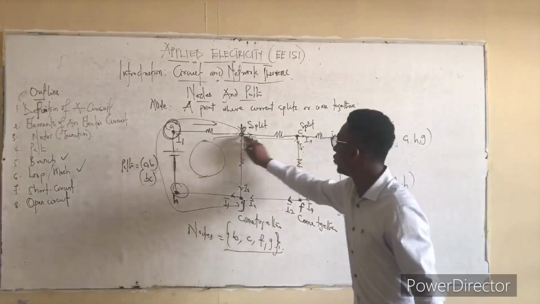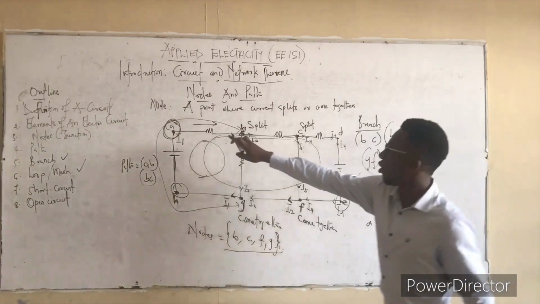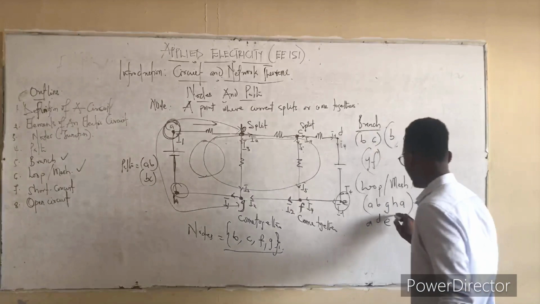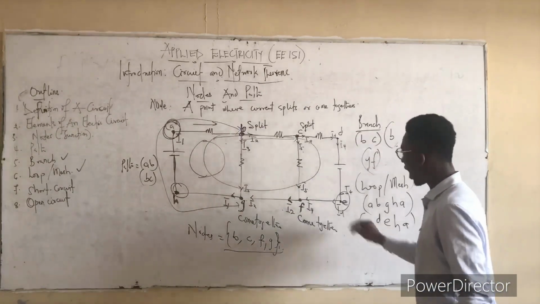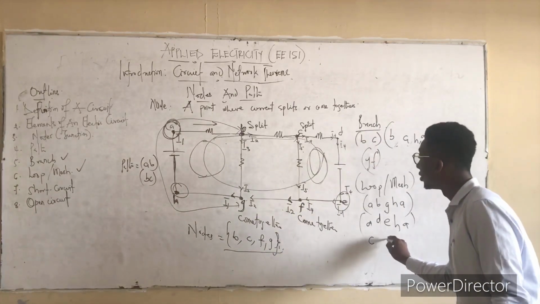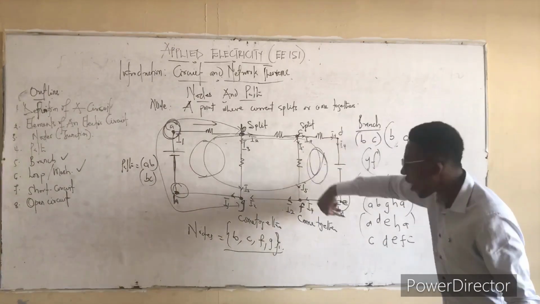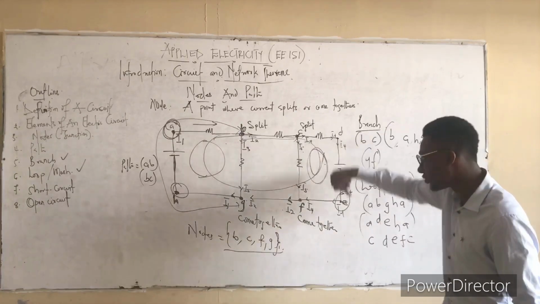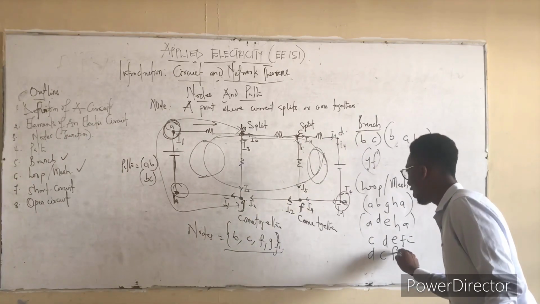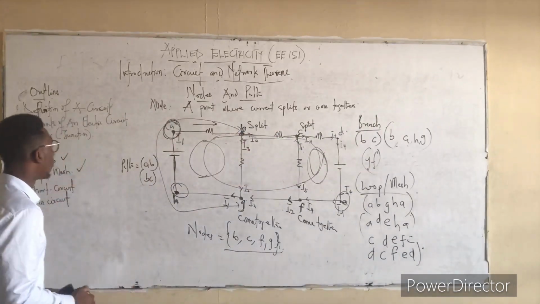I can also create a big loop around the whole circuit. If you want to close such a loop, it becomes A all the way to this point D, to this point E, to this point H, and back to A. I can also create another loop only within this region. So I start from maybe C. I create C, D, E, F, and back to C. In the same region I can go either clockwise or anti-clockwise. So I can also start from D: D, C, F, E, D. So this is the explanation of what a loop is. Now, the last thing we'll do